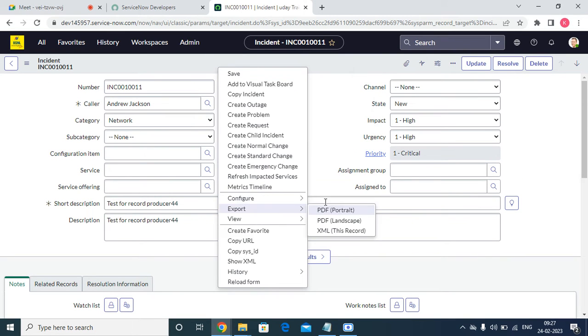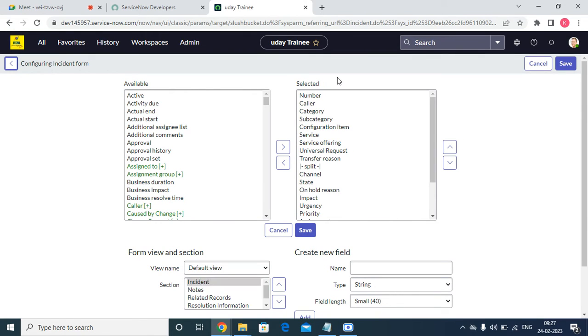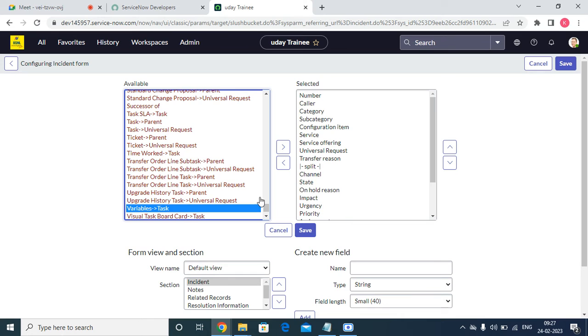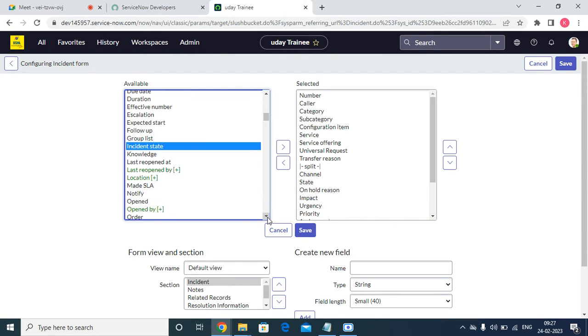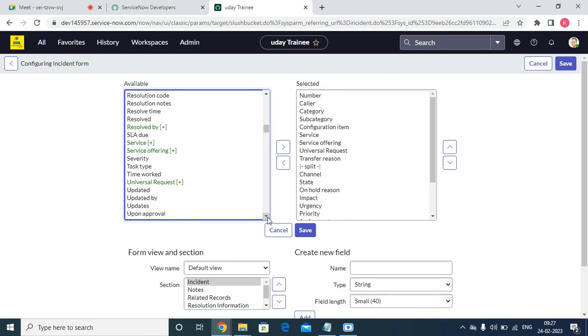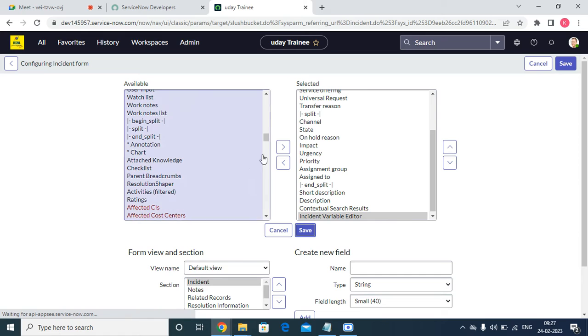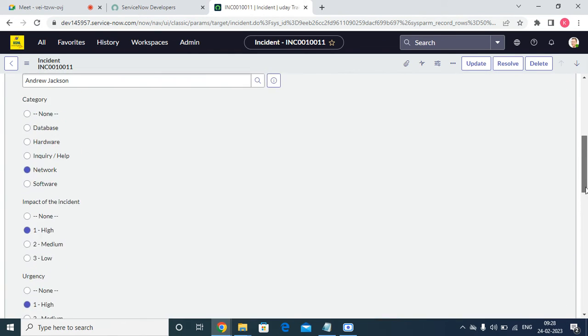If you want them visible, just right click, configure, go to the form layout. See here, we have an option called variable editor. What is this? I don't know the exact name. No variables. Okay, I think its name is incident variable editor. Let's check it. Yeah, so this is the one, incident variable editor. I'm just adding it here and saving this one. If I add that incident variable editor, it means the variables entered by the user will be automatically visible here. See here,